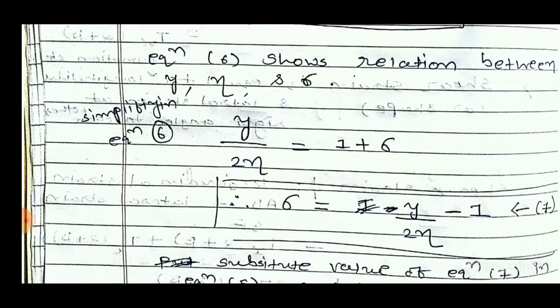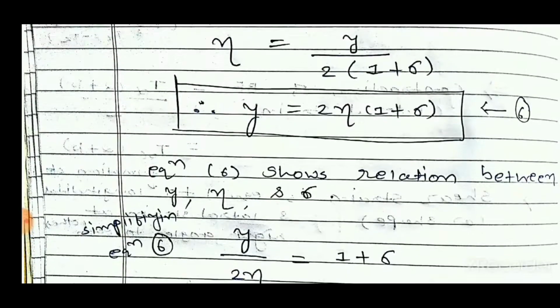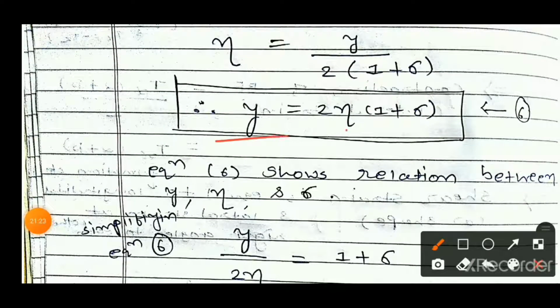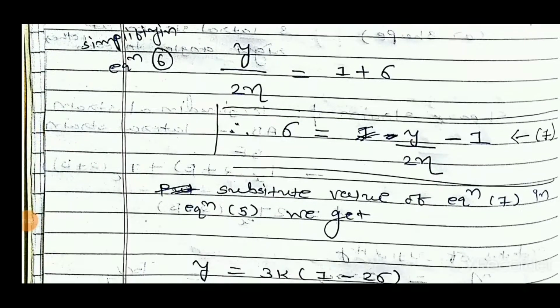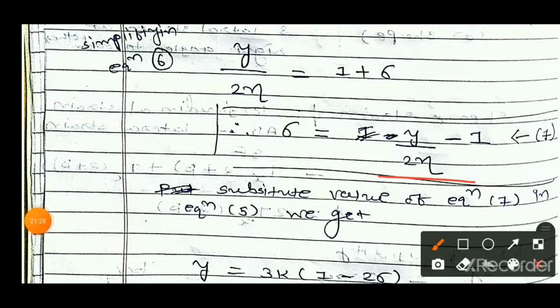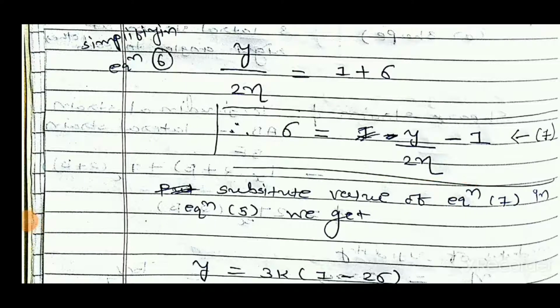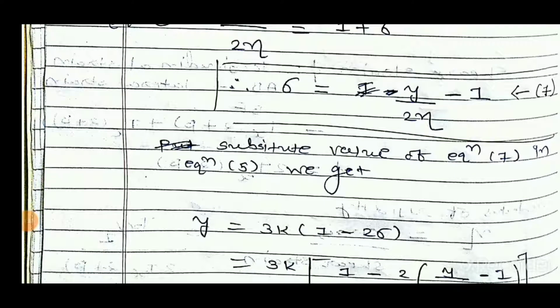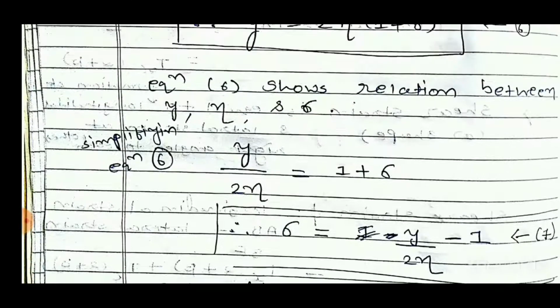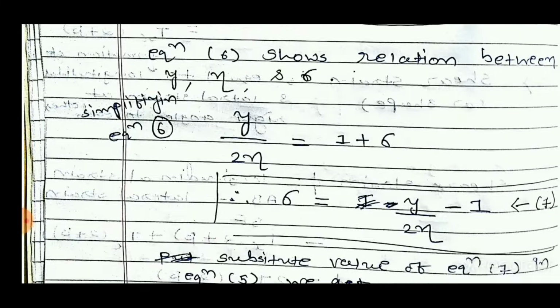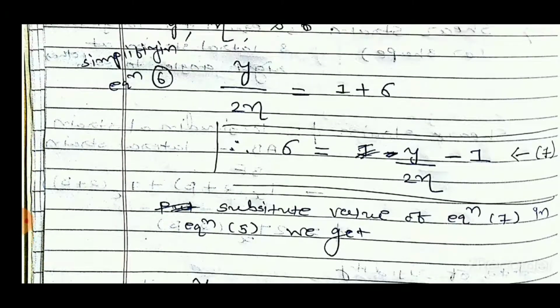So now just simplify this equation. Y upon 2 eta is equal to 1 plus sigma. So sigma is equal to Y upon 2 eta minus 1. So substitute the value of equation 7 in equation 5. We get equation 7 in equation 5. Equation 5,